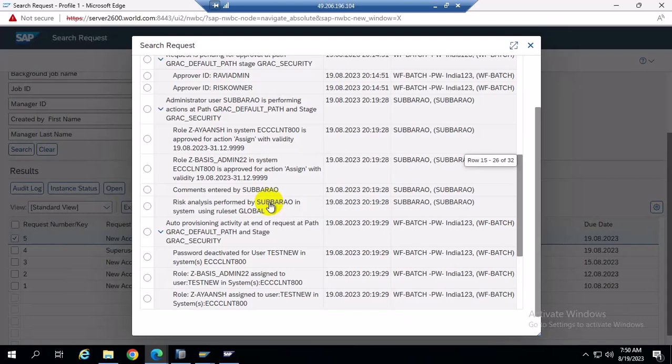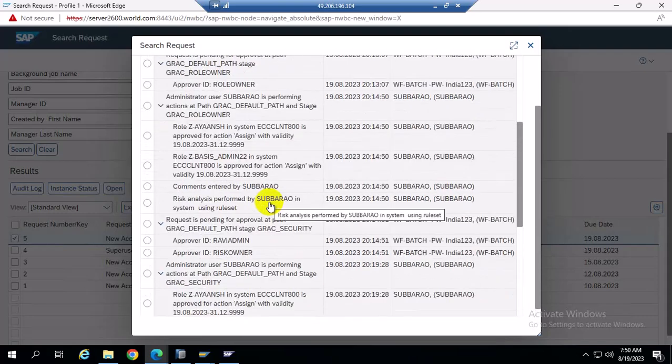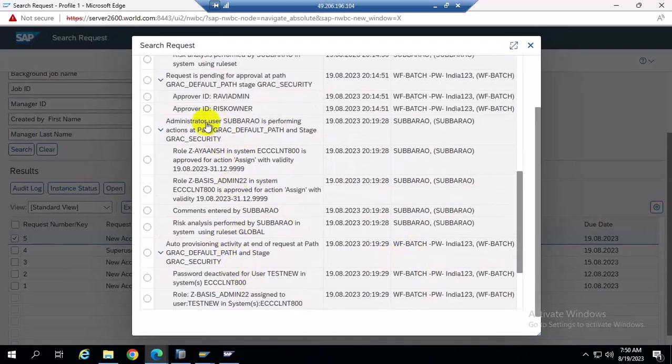Role owner, but administrator will approve the request. And similarly, third stage, you can check the complete audit log and whom it is pending and when it was